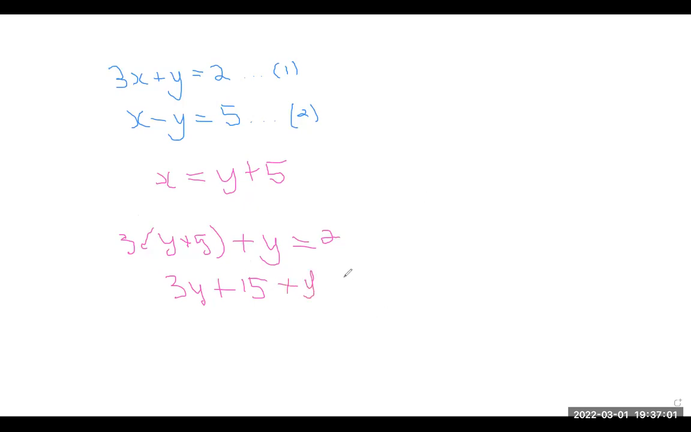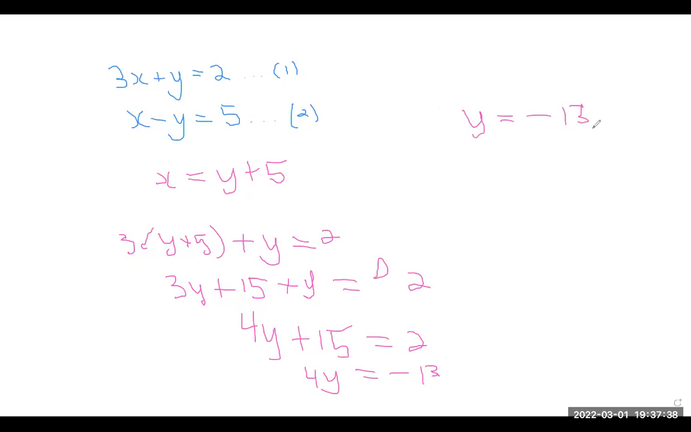I still have my plus y here, and this is going to be equal to 2. So 3y plus y, that would give me 4y plus 15, and this is going to be equal to 2. Minus 15 from both sides. So 4y is going to be minus 13, but I don't want 4y, I just want y. So what would I do? Divide both sides by 4. So therefore y has to be equal to